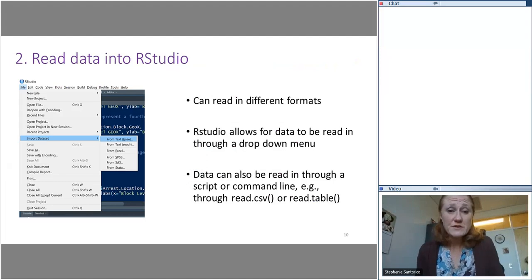So let's go ahead and get started. The very first thing we're going to do is read in our data set. We can read in a variety of formats within R. You can do this through the drop-down menu, and I'm going to show you how to do that for today. I'd say, again, reproducibility-wise, if you are using a script, it's good to actually read your data in there